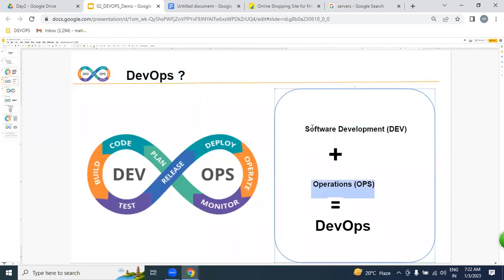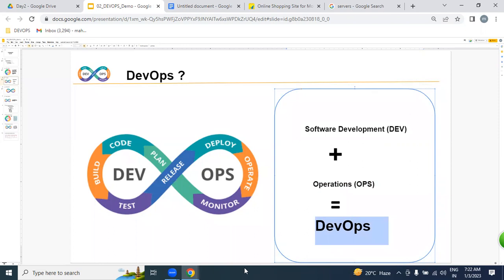The combination of software development plus operation we call DevOps.